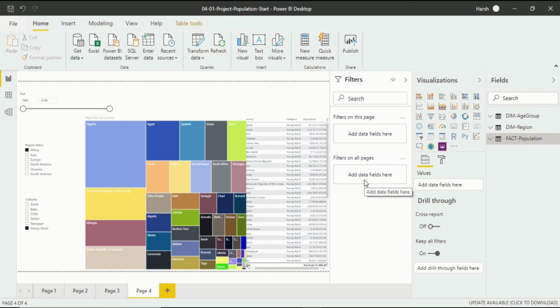If I apply certain changes into the report filter, the changes will happen in all the 4 pages, and that's the difference with the page section. If I apply any changes into a page, it will apply only to this page of the whole report. And if I do a color filter, it will be specifically for the tree map or certain visualization which I select it for. So we will go one by one.